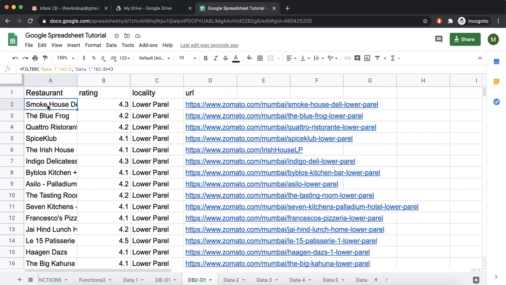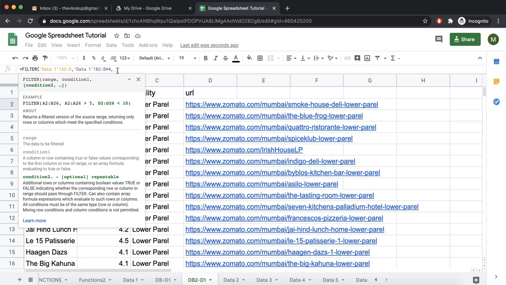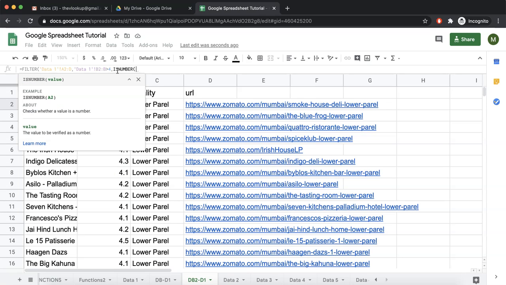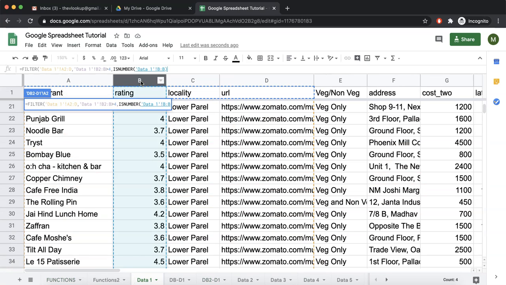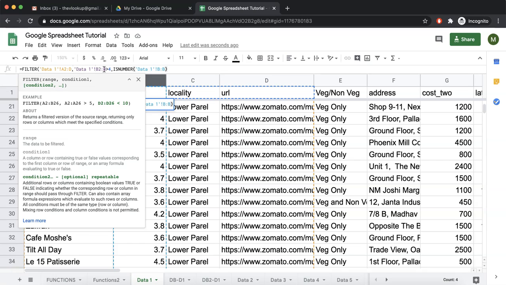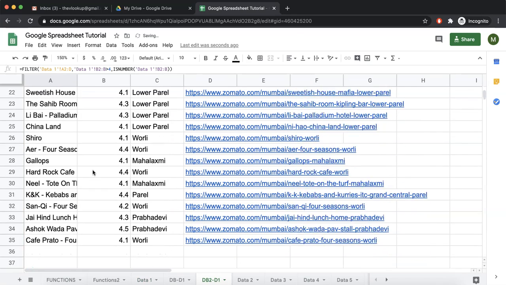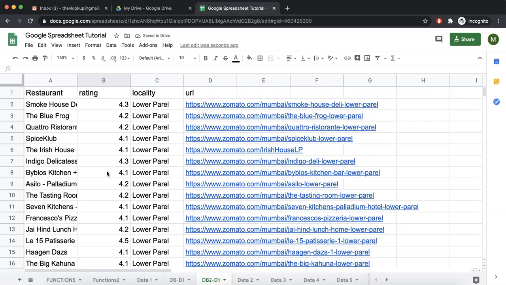Remember we had done a function called ISNUMBER. So we apply that here, and say the second condition after the comma is ISNUMBER. Which one should be a number? Column B. So now we have one condition, B2 to B greater than 4. Another condition is B2 to B should be ISNUMBER. Now close the bracket for the filter. If we scroll down, we will not find anything that is not a number. This is a very powerful function which is somehow missing in Microsoft Excel, and you can filter out any kind of data that you want from a larger data set.